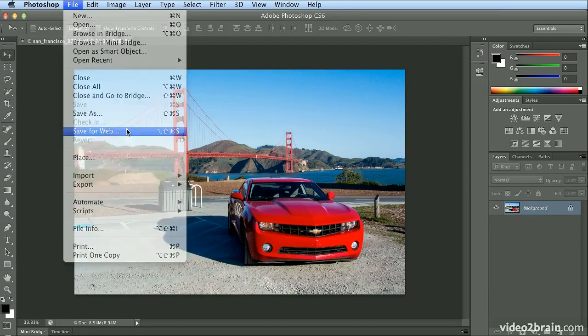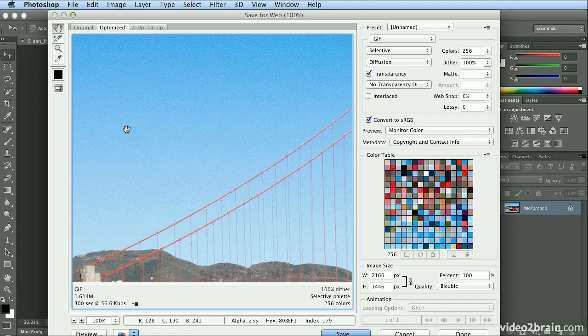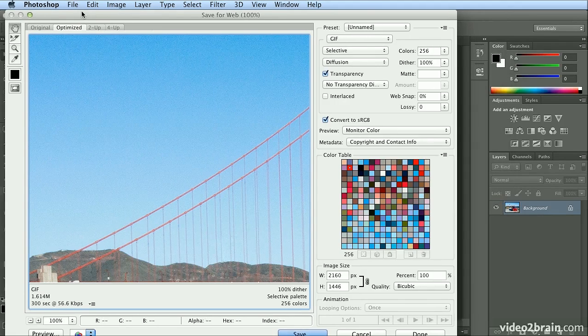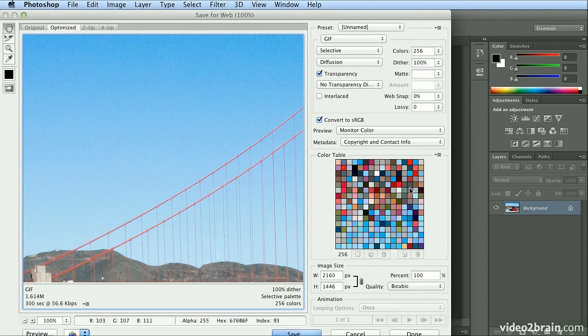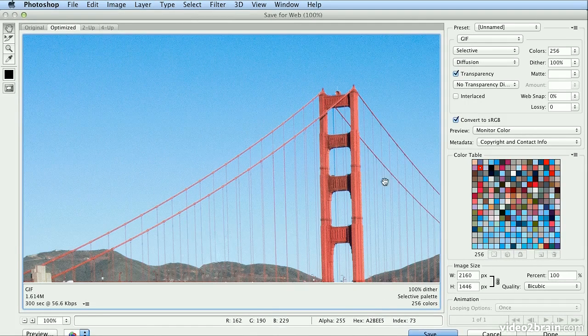Save for Web will allow me to do some testing and set the ideal size directly in this dialog. I'm going to make the dialog a little bit wider, and you'll notice the preview is very large. In fact, there are 4 tabs. Original shows the PSD, and when you hit Optimized, you could see a big color shift and in fact some